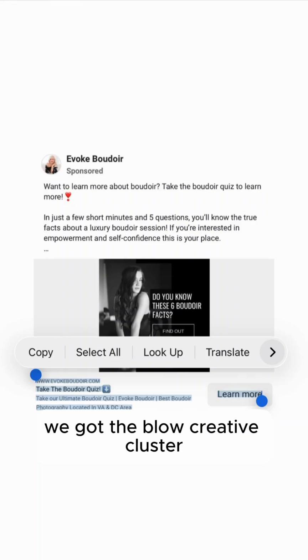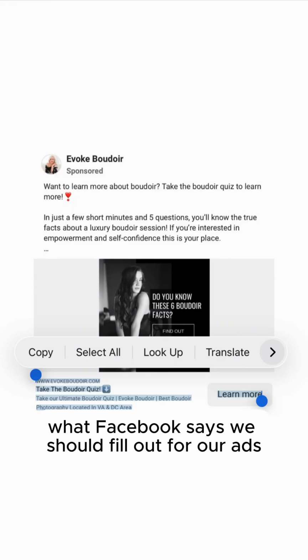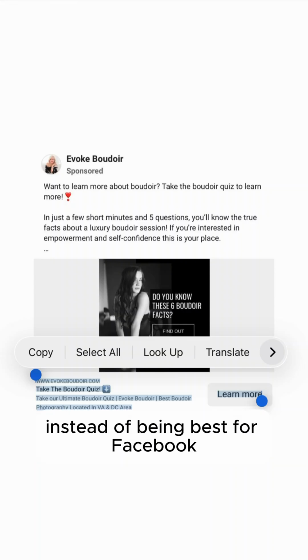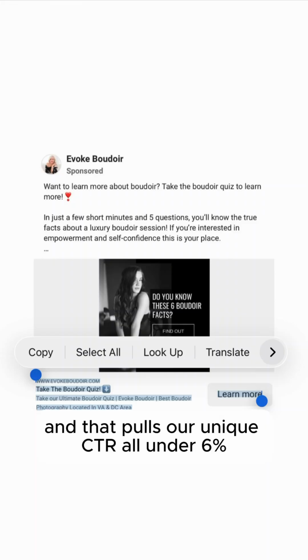So what I'm seeing here is the below creative cluster, the below creative cluster mistake. The false belief that causes us to make this mistake is that we actually believe that what Facebook says we should fill out for our ads is what we actually should fill out, and it's best for us instead of being best for Facebook. The consequence of this, though, is way more women scrolling by our Boudoir Facebook ads than necessary, and that pulls our unique CTR under 6%,